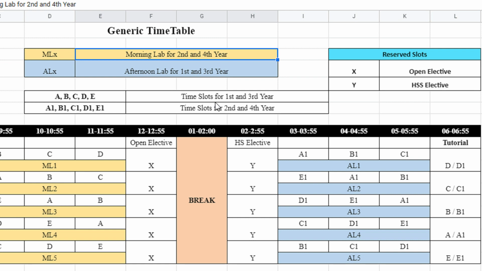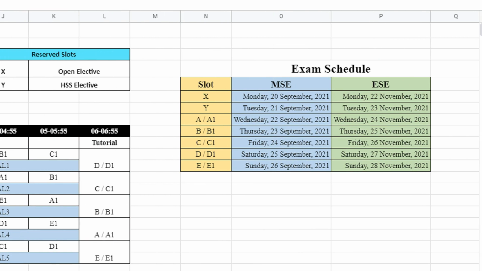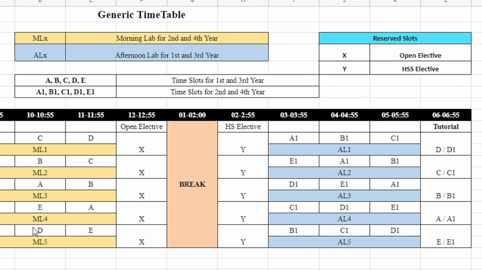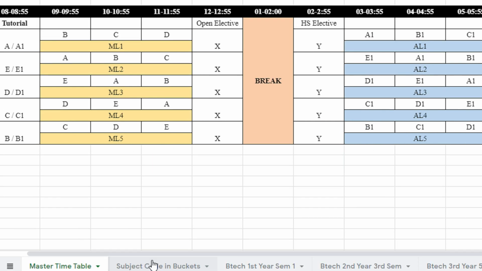Fine. Now, how do you choose your electives, right? Core subjects have to be taken by every student of the class who is registered. Fine. And there are elective subjects from which you can choose a variety of subjects. Of course, there are some restrictions on it. Also, you can see the exam schedule is prepared right away. So on day one, you will know when is your midsem and when is your endsem. The slot-based timetable ensures that your exams will run for a maximum of 7 days, right? So if you want to go home, or if you want to travel somewhere, you can directly book a ticket after 28th November and you are good to go. Fine. So now let us see how you study this slot-based timetable. Next slide, I'm going to take you.